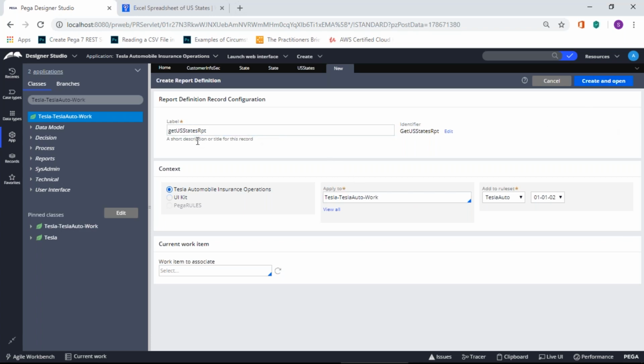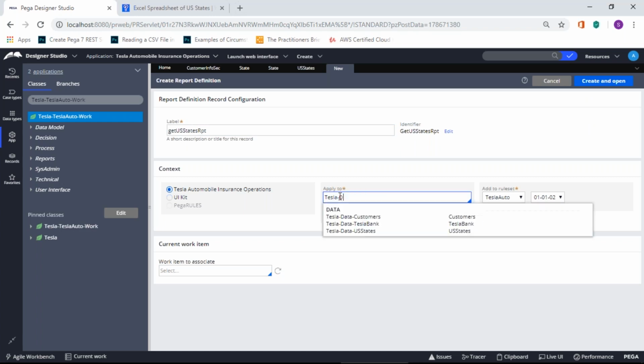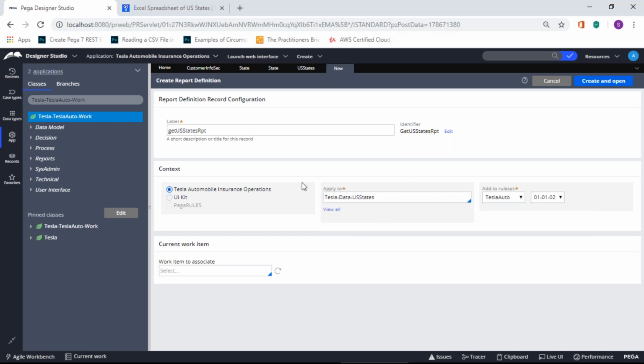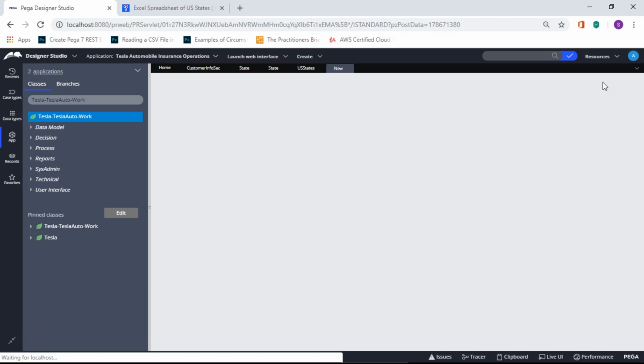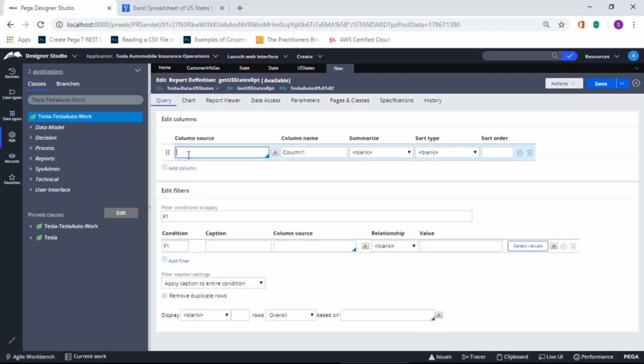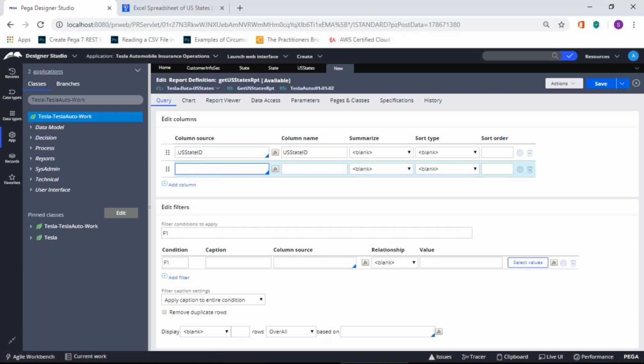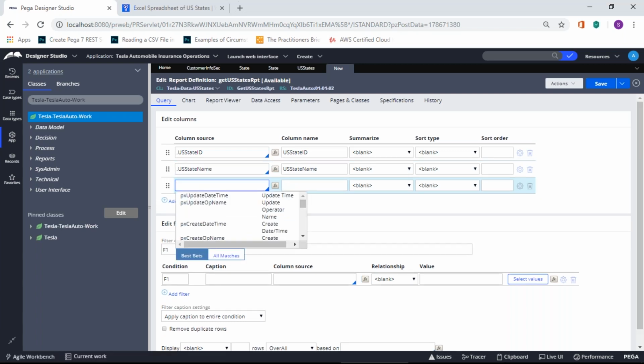When you create this report definition, you have to make sure that you point to the right class, because though I started from the work layer, we need to get US states information, right? If you don't do this, you won't get it. So I'm just going to put 3 columns: US state ID, add column, US state name, US state